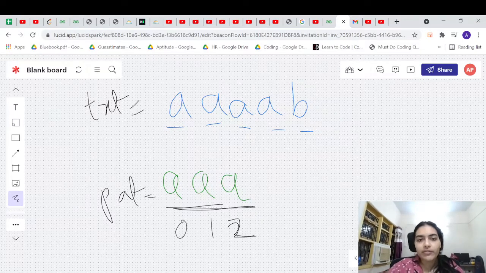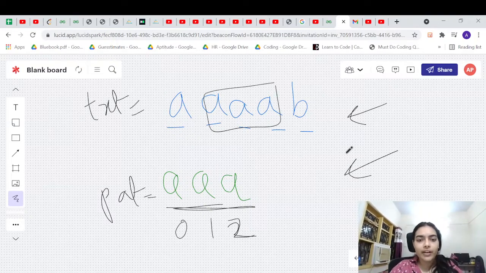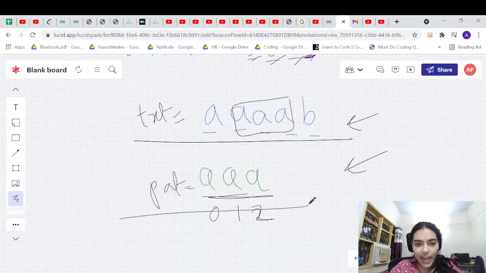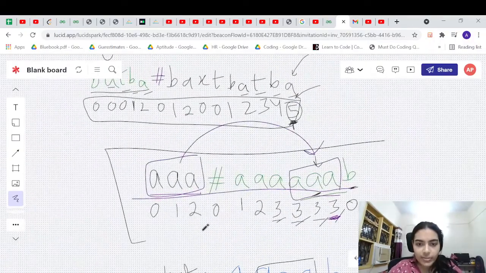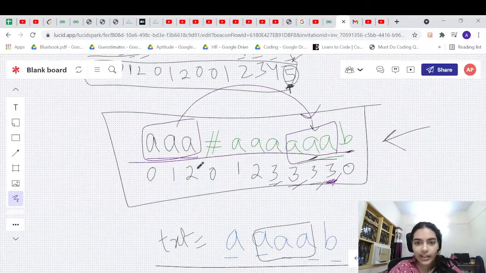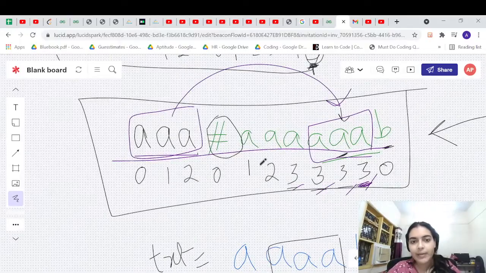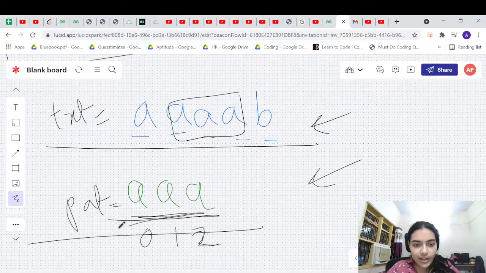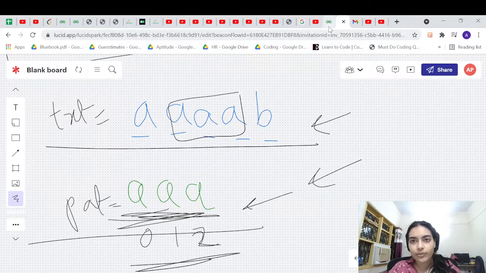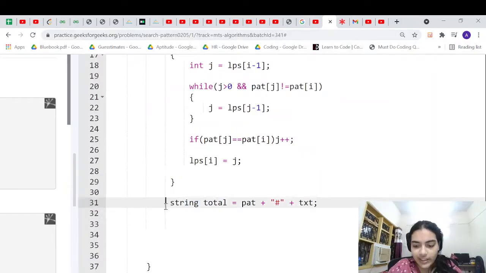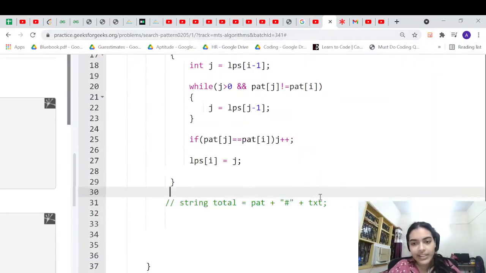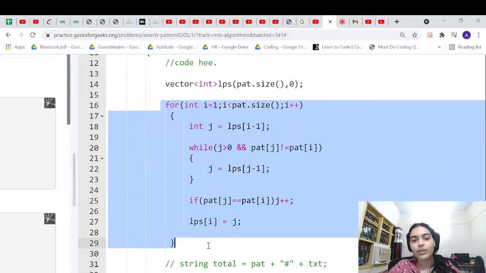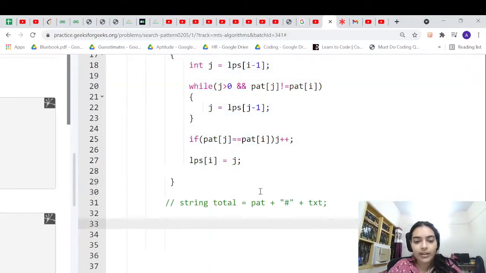So there are two times in which you found the block AAA and AAA. So this is also one way. There are two ways, right? Either you apply the KMP algorithm like this, or you use this method. Okay, so we'll see both the methods. You can either insert a hash and then simply build the LPS array and find the pattern, or you can iterate like this and use the LPS array only on the pattern and try to find out the answer. We will see this method later, because we have built the LPS array for the pattern. So let's continue with this method.